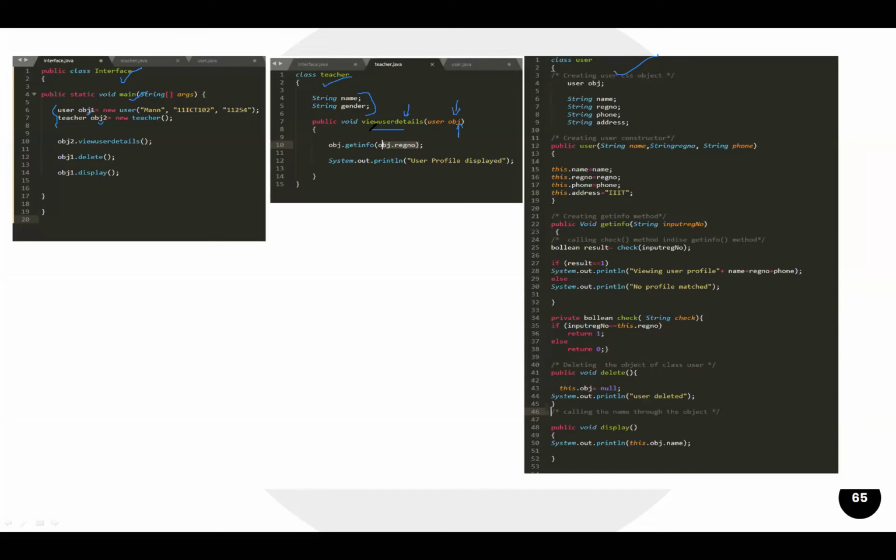Inside this view user, using this object, I am going to call the get info method. Where is this get info method? Because this obj is of class user type, this object is of the user class, so this get info will obviously be inside this user class. We are calling this particular method here, this view user detail.